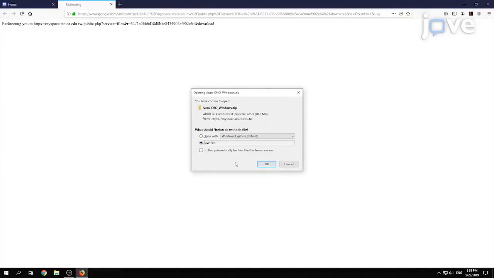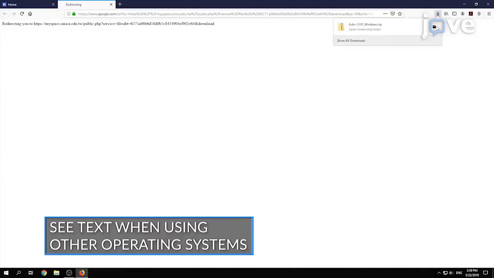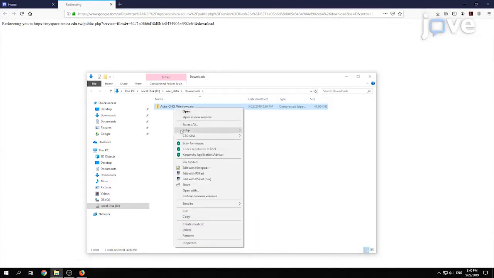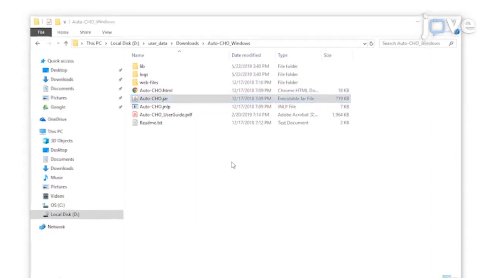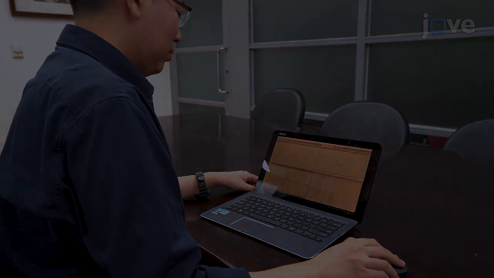For Windows users, unzip the Auto-CHO windows.zip and double-click on autocho.jar in the Auto-CHO Windows folder to start the program. Input the desired glycan structure. Choose to